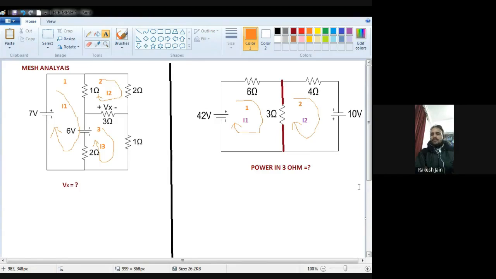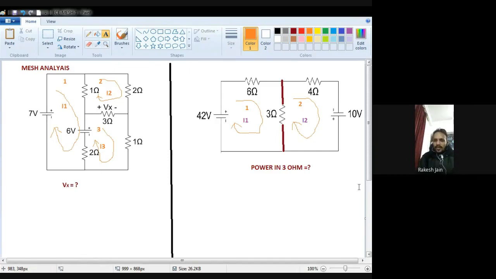Okay. Similarly, when we write down the equation for the second mesh with the same 3 ohm resistance, the current I2 passes, but because I am writing down the equation for the second mesh, my current is I2, so I write it with a positive sign, plus 3 I2, but the I1 current is opposite that time, so minus 3 I1 I have to write down. This is my second rule. The first rule is the number of equations should be equal to the number of meshes you denote. The second rule, whenever you are writing down the equation of any mesh, keep in your mind we just write down the voltages, because we apply KVL in mesh analysis.